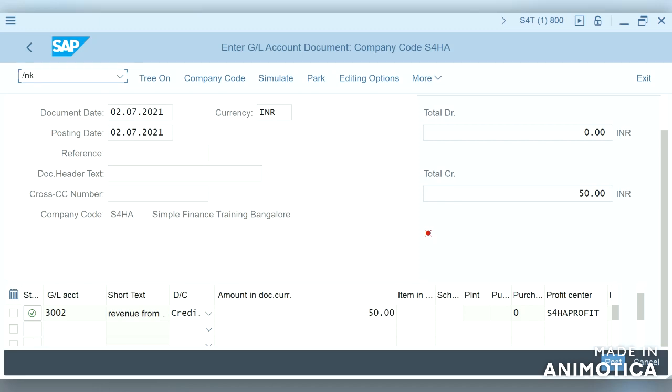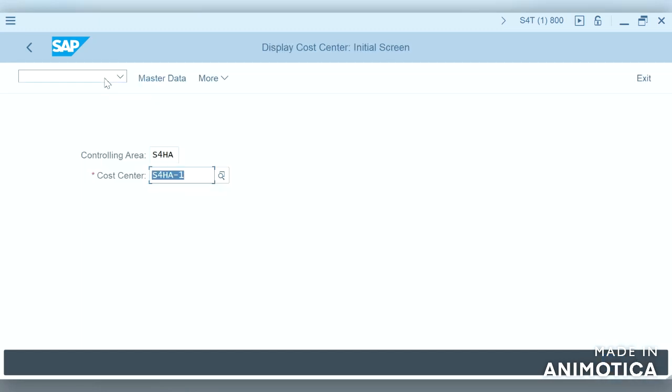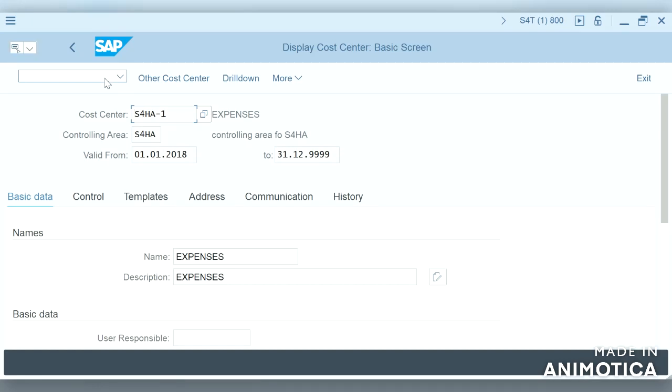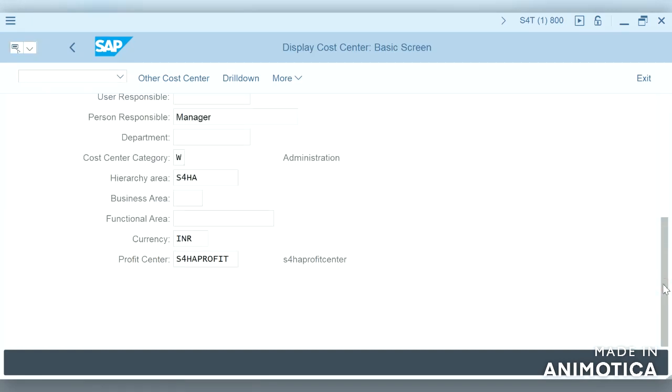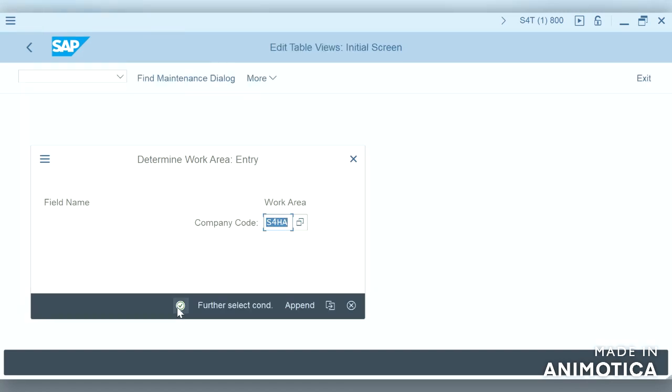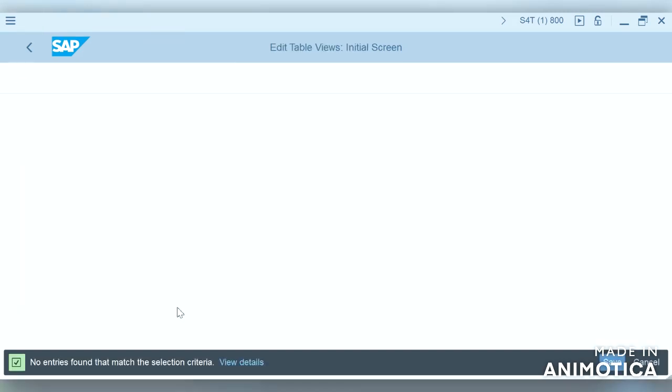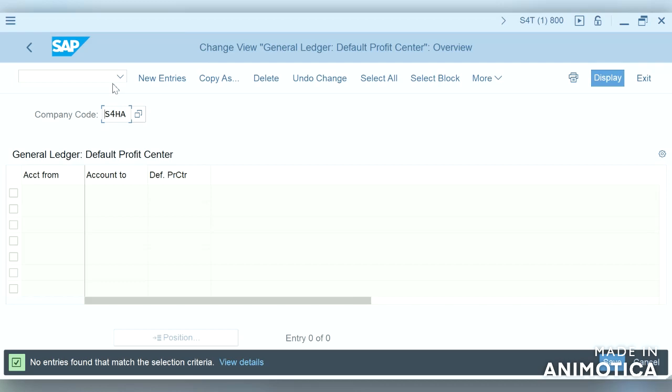The first one is the cost center which we are using, this one, we can see the profit center is available in this, and one more FAGL 3KEH. In this I didn't maintain any of the data for this company code,